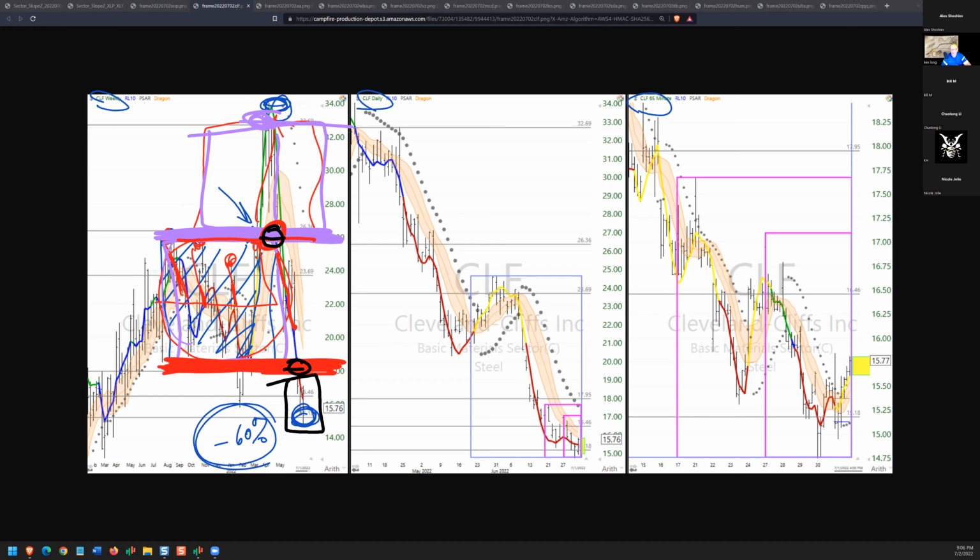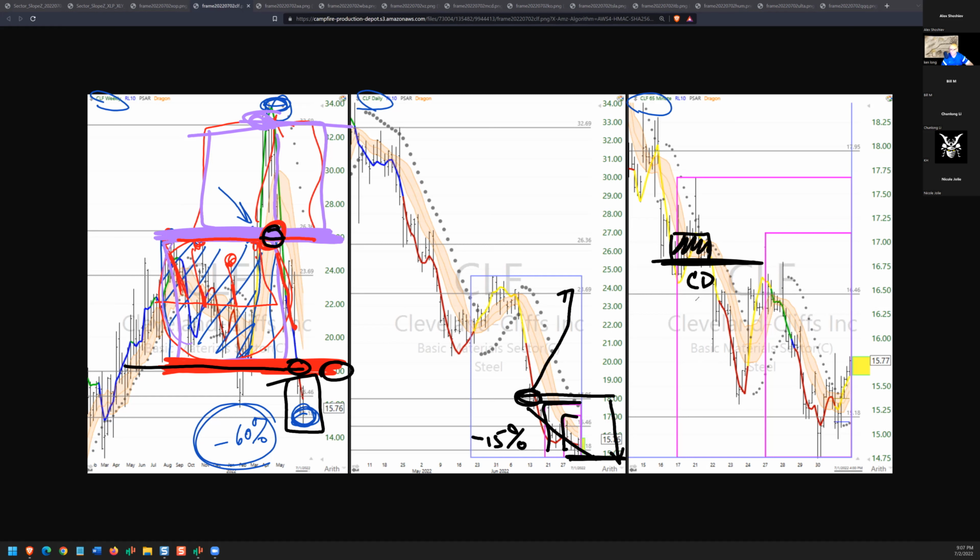So this was at 18. Is that going to act as support and let it get back to here? Nope. It goes from 18 to 15, which is minus 15%. Maybe, and that's over the last 10 days and 5 days. Now, notice when those support levels fail,